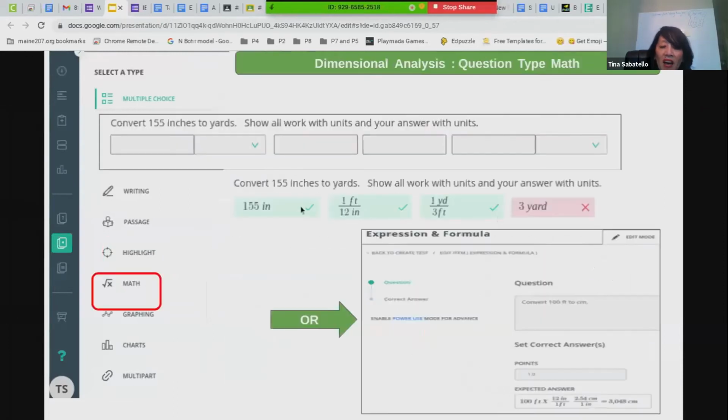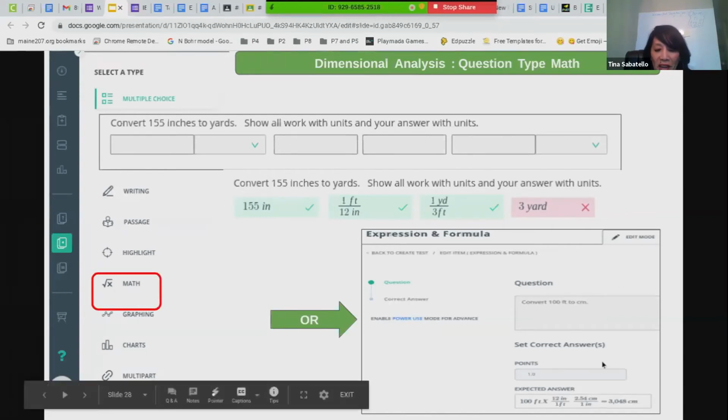Okay. And some other things you do with Edulastic, it's a math type question, is unit conversions. And there's many different ways to do it. It's definitely under math. An easy way, I put another way in here, is just when you click on it, and you'll see it on my next screen.